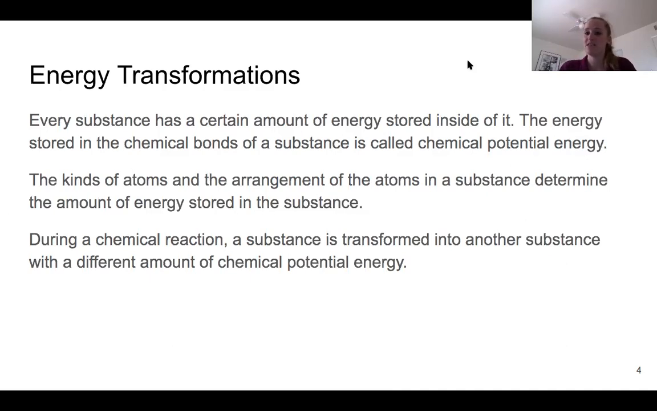Some are very easy, it just quickly transfers into another substance. Some take a lot more energy, and that's all just based on, like we said before, the kind of atom and the arrangement of those atoms. Okay,